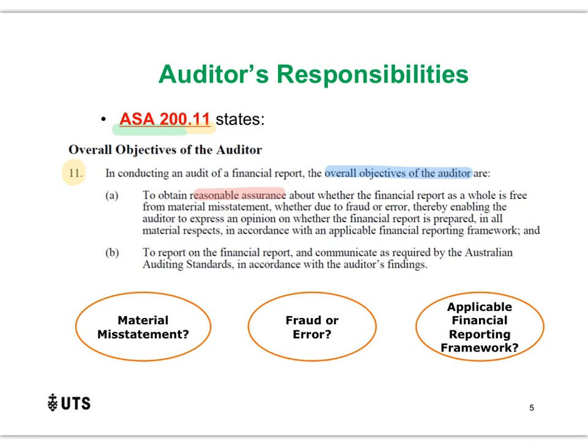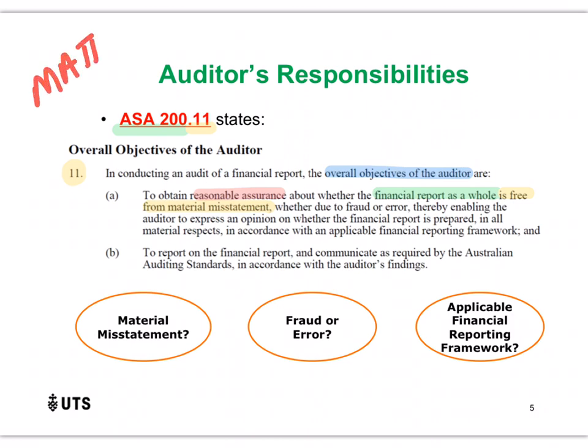If you think about very large organizations and the millions of transactions they have on a daily basis, it's impractical. We can't do it. We can't test every single thing. So we take a sample, and that is why the highest level of assurance we provide is indeed reasonable assurance. So what do we provide reasonable assurance in relation to? We obtain reasonable assurance about whether the financial report as a whole, that's the statements as well as the notes that accompany them, is free from material misstatement. Now that word is incredibly important, that concept of materiality.